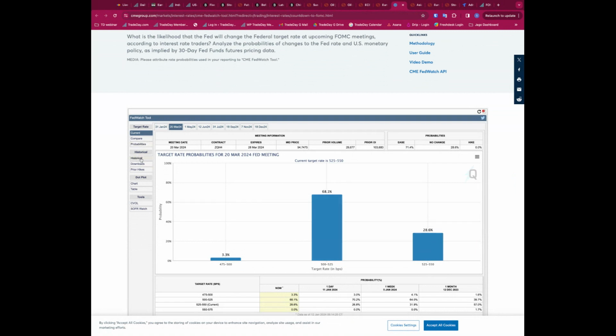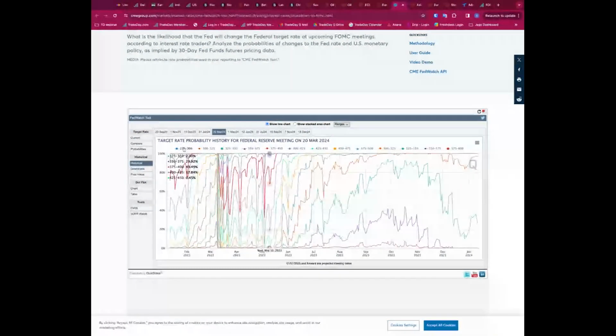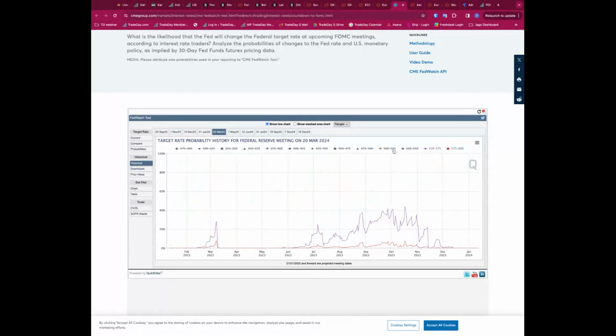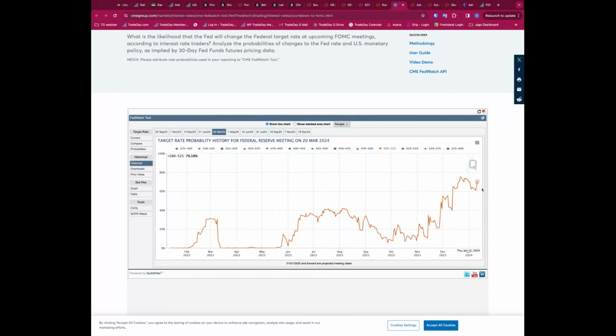And we can go and take a look at that on the historical. So we're going to look at the 500 to 525. If I then get rid of all of these others, what's the chance of 500 to 525? Oh, there is that one there. So you're actually not back up to its highest point, but getting closer to it. We have been up as high as nearly the high 70s, but back above 70 now, having dipped down to closer to a 60% chance of a rate cut, and moving back above 70% with the highs at the high 70s.